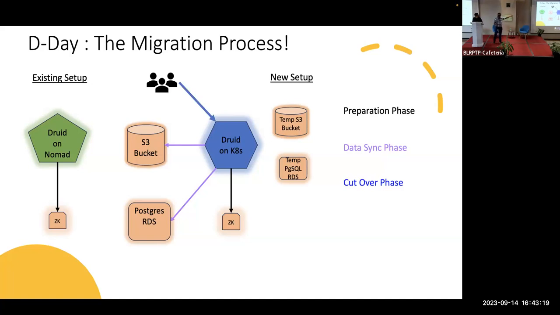This can be done in a very simple way. It can be your Route 53 entry pointing to your new ALB address. That's a very simple part. Once this is done, your Druid on Kubernetes is ready. Again, one time mentioning, there won't be any data corruption till this moment, because the source of truth for the data and the metadata is the same. Right? So now this becomes your D-Day. The first day you are done with the deployment, you are done with the migration process.